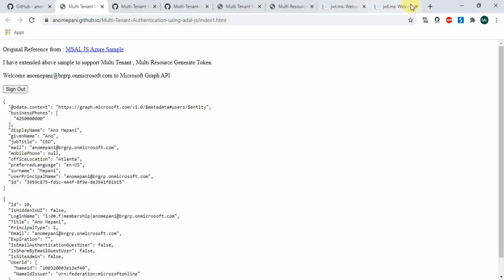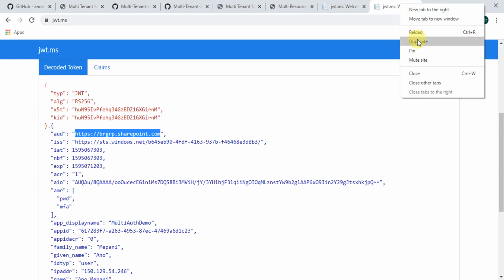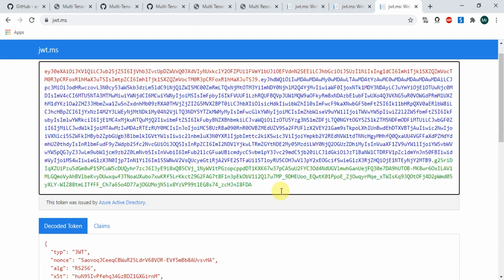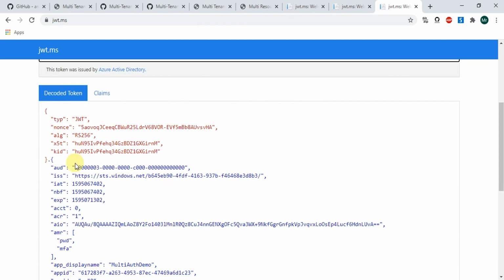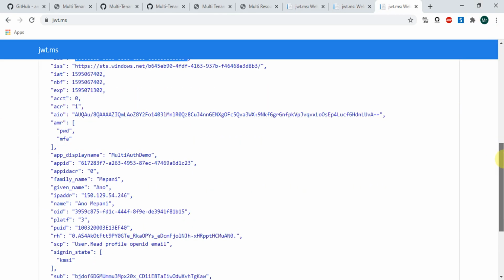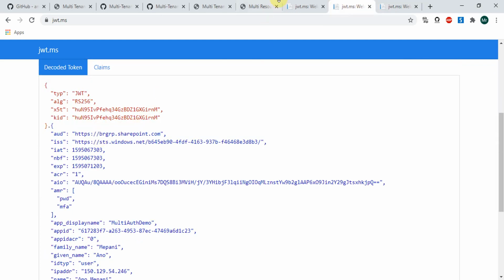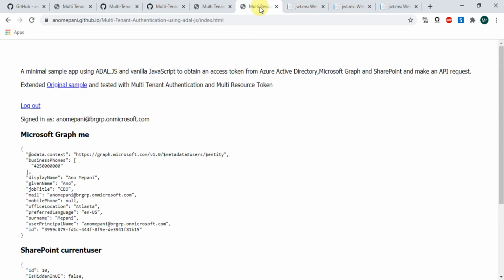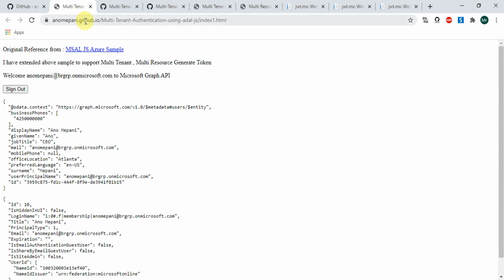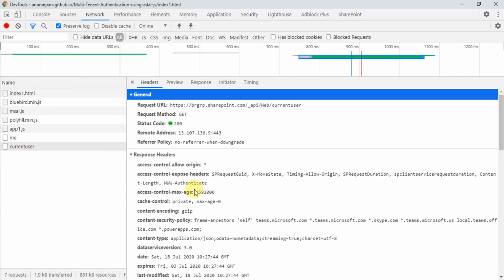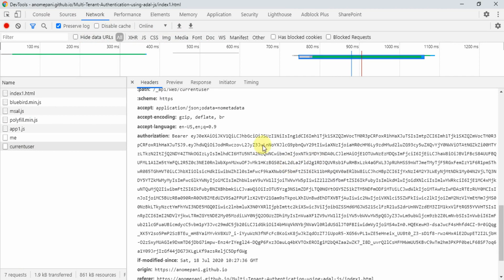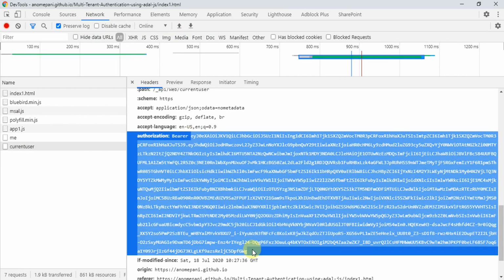If we take a look at the audience URL for the Graph token, and here SharePoint and audience for Graph. If you take a look at a different token, which is SharePoint, then we can also see the different token as well.